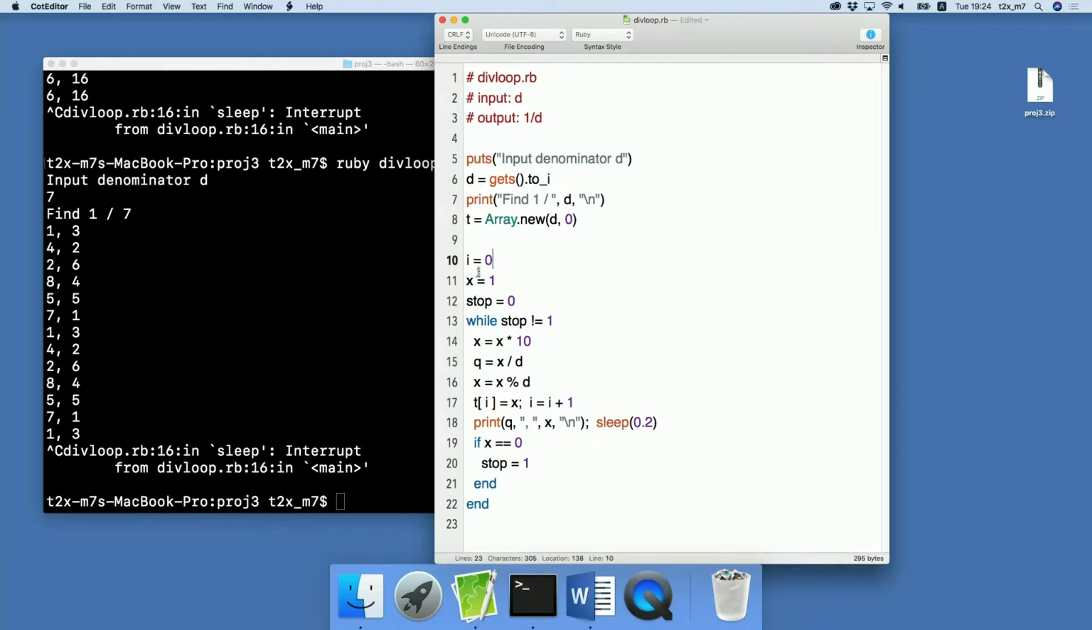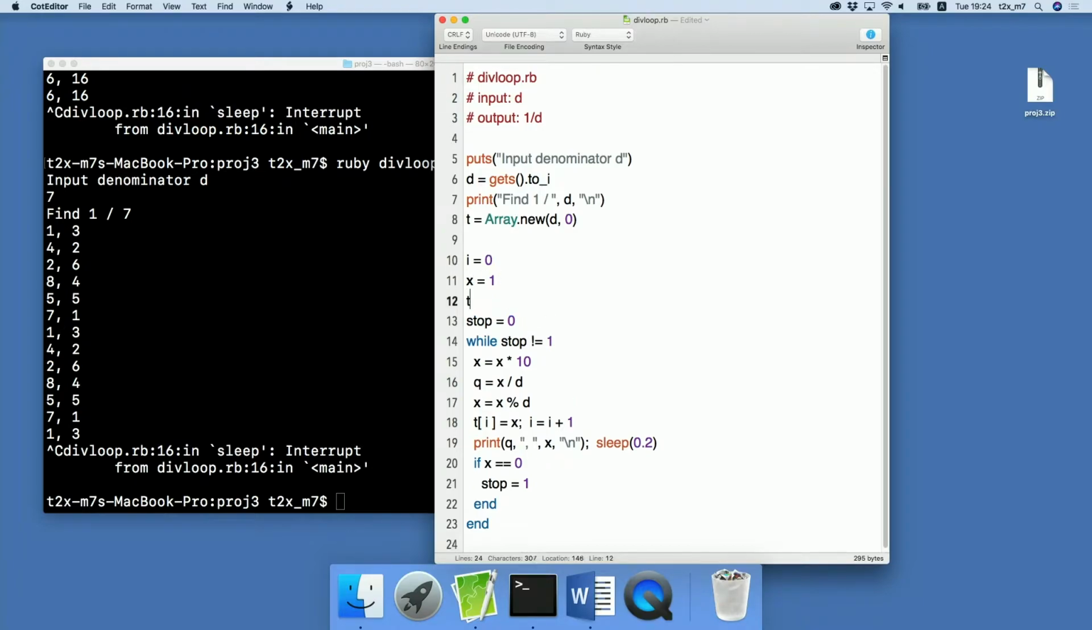Also, this x should be stored. T I equal x, and then again increment I. Okay, because this is also the point where the new remainder, that is 1, is stored in x. By this way, we can keep obtained remainders. Then here